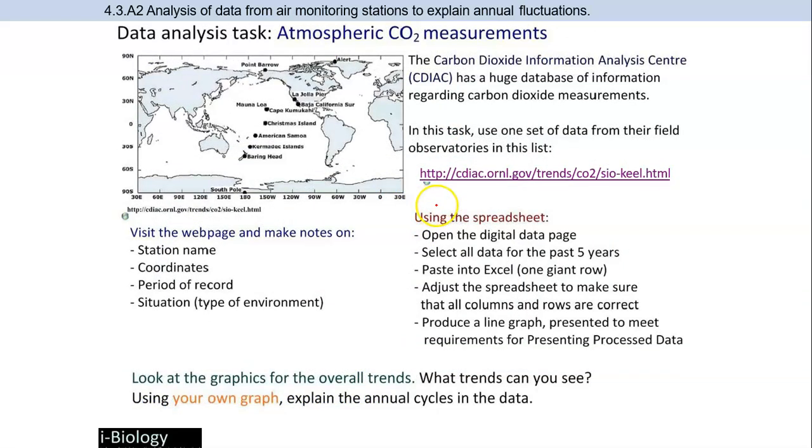What would be your task for this activity? Data analysis task, atmospheric CO2 measurements. There is a website, the Carbon Dioxide Information Analysis Center, CDIAC, that has a huge database of information regarding carbon dioxide measurements. In this task, you have to use the set of data in the field observatories from this link. I'm going to show you this link after